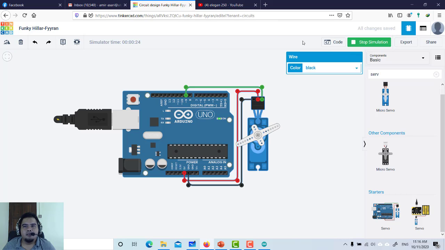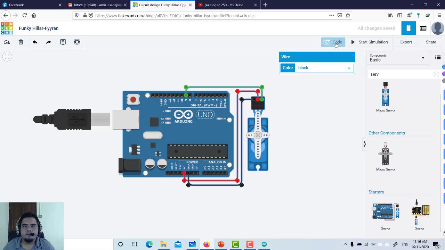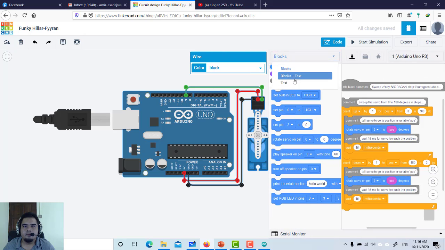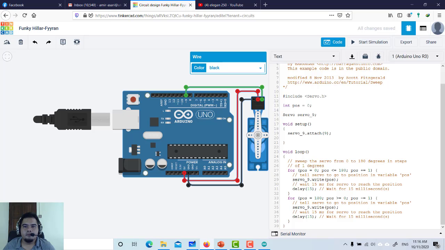Now let's take a look at what happened inside the code. As you can see, in order for you to operate the servo motor, you need to use this library. Once you include this library, then you can use this function and this variable type, and this is the variable name.